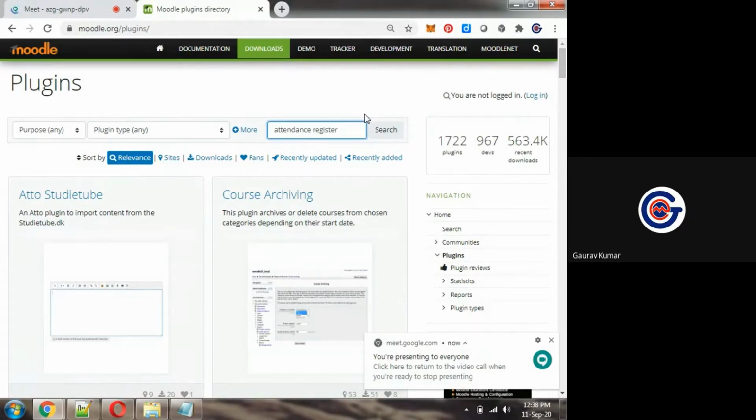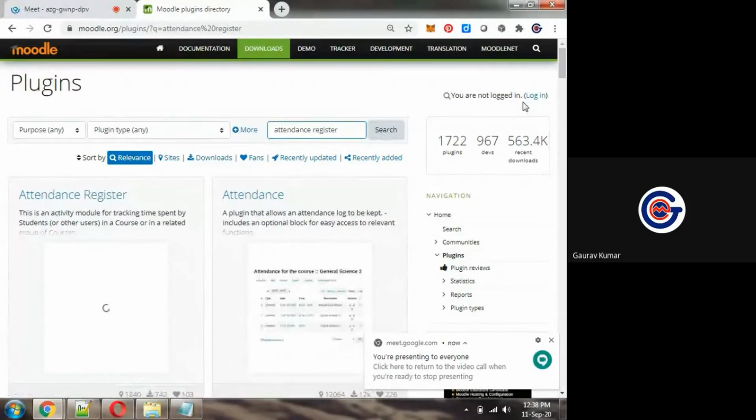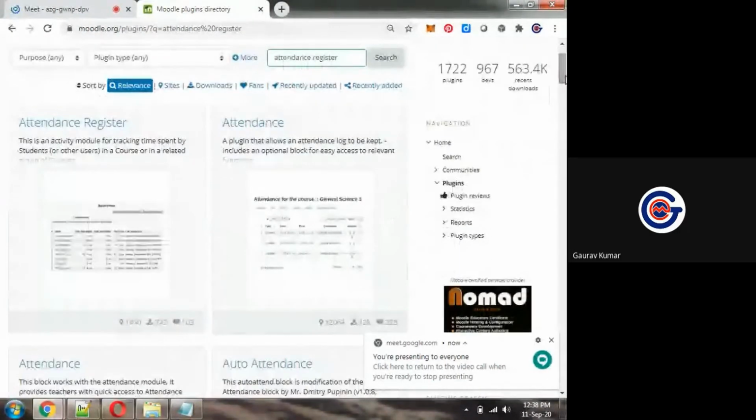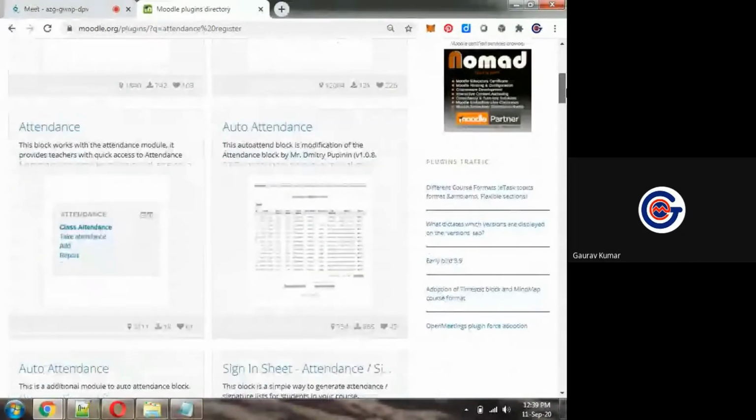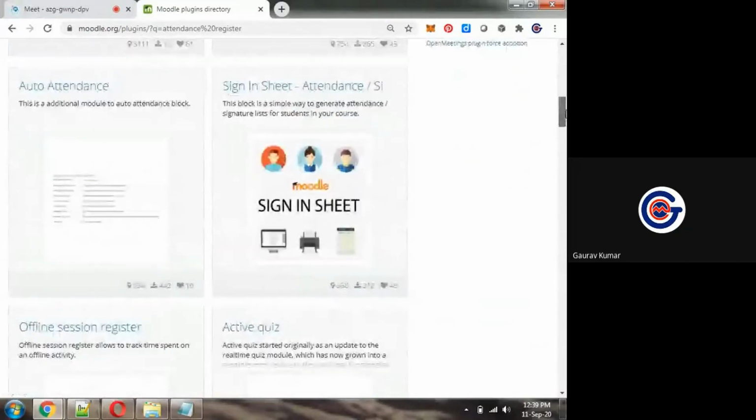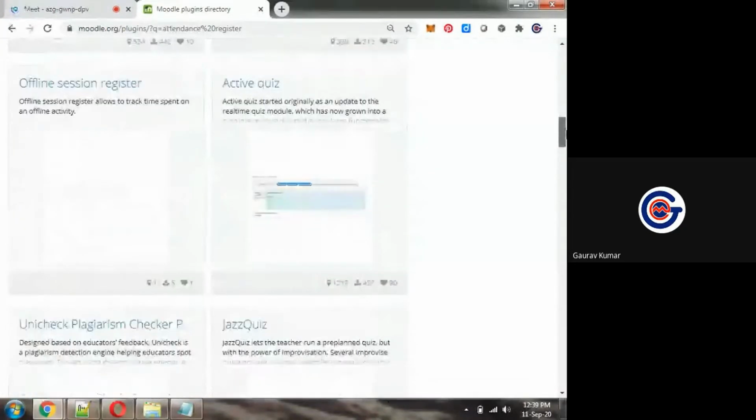This attendance register can be installed via plugin, but if I'm using the free cloud, it can't be done. If I'm using my own installation, you can see that attendance register is available, and so many plugins are available. Attendance, auto attendance, and so many more.